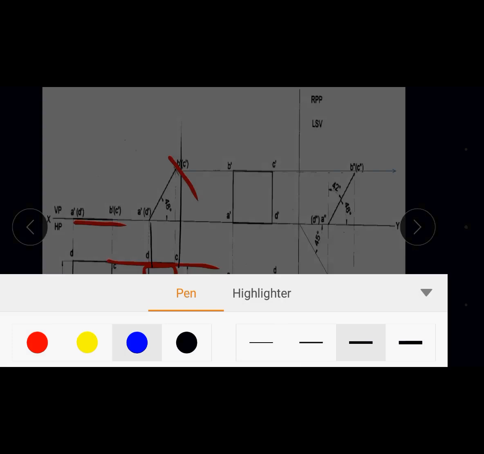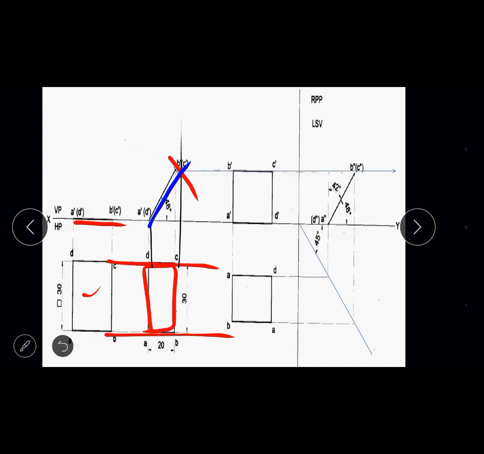So the same front view you have just shifted to some angle. That angle is showing 48 degrees. So in this way, 48 degrees is the HP angle. If the same square lamina is rotated at an angle of 48 degrees to HP, the corresponding top view of this square lamina you will get exactly in the form of a rectangle of 30 and 20 mm combination.